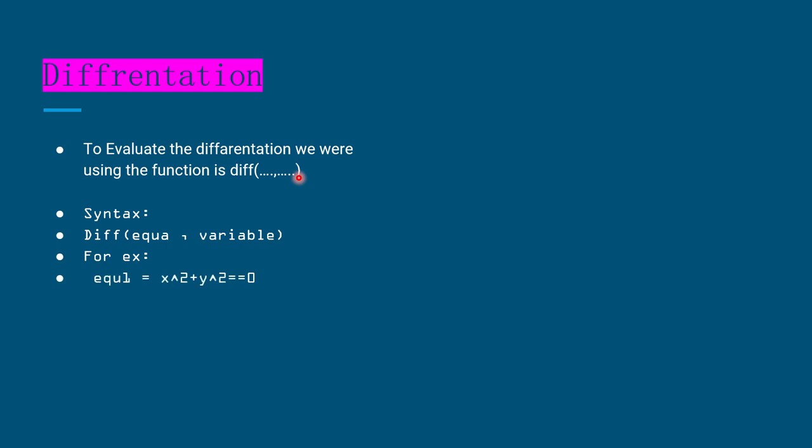Equation 1, I am taking x square plus y square equals 0, and equation 2 is y equals 4x square. Whenever you want to perform or solve this equation, you need to specify using double equals in the command prompt. While execution, you will understand practically itself. For time being, just remember that whenever you want to write equations in commands, write x square plus y square double equals 0, not single equals. Single equals corresponds to the assignment operator.